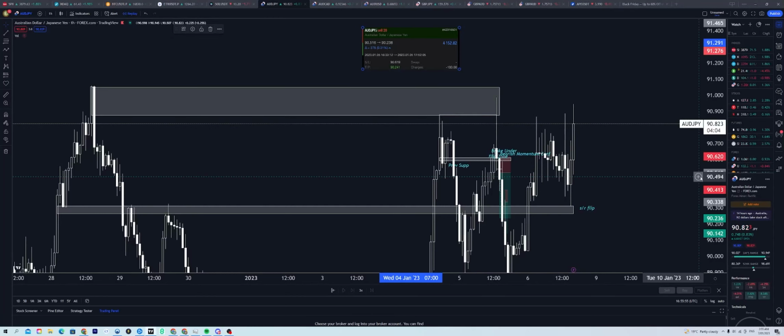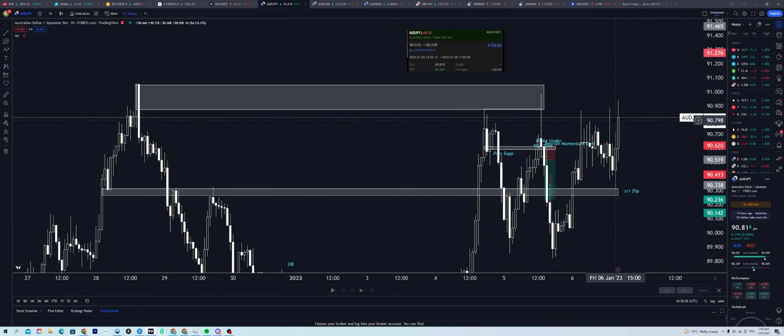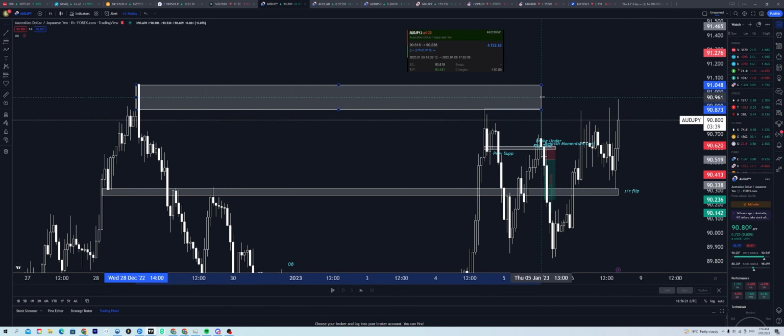Today I'm just going to be going over this trade that I've recently took, plus 4k on Australian Japanese yen from a short, playing with momentum and SR flip zones. So I'm just going to be going over two basic concepts that I've used for my trades. We're going to be going over how I identify my points of interest and zones that help me define the